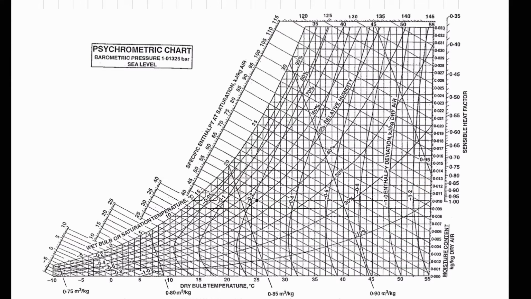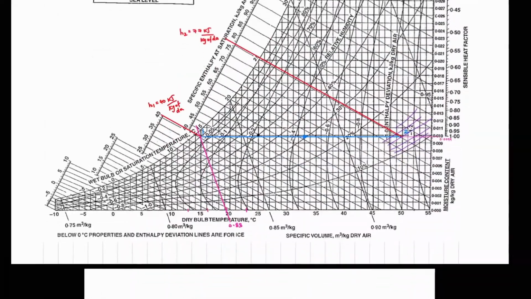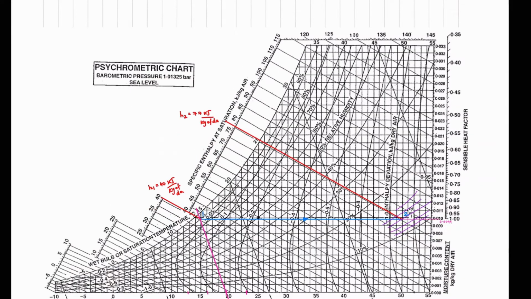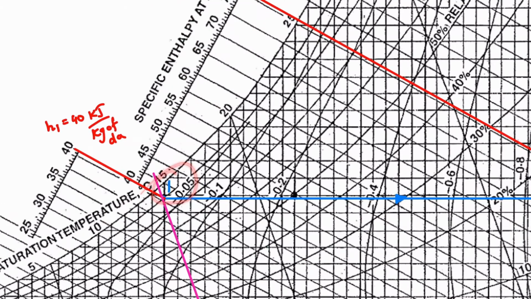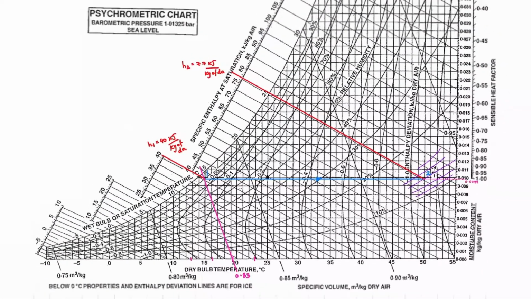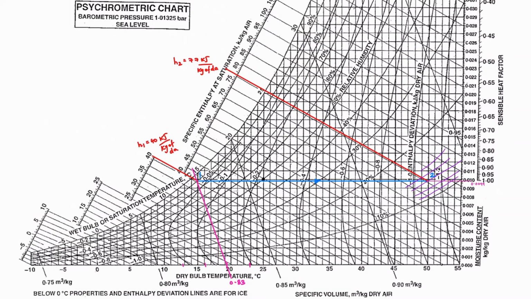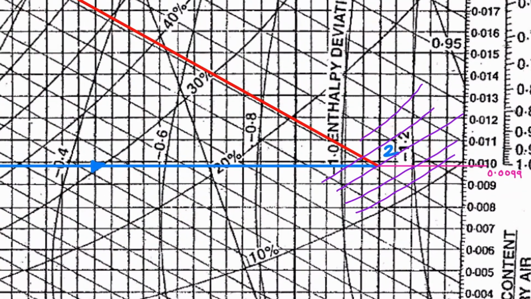So I have plotted this on psychrometric chart. We'll go through the process here. So 15 degrees Celsius and RH is 90%. So this is point number 1. Here you can see I have written point number 1. Then what is the point 2 temperature given? 50 degrees. So just extend this 50 degree, draw horizontal from point 1, wherever they intersect, that will be point 2. So here you can see I have shown point 2.